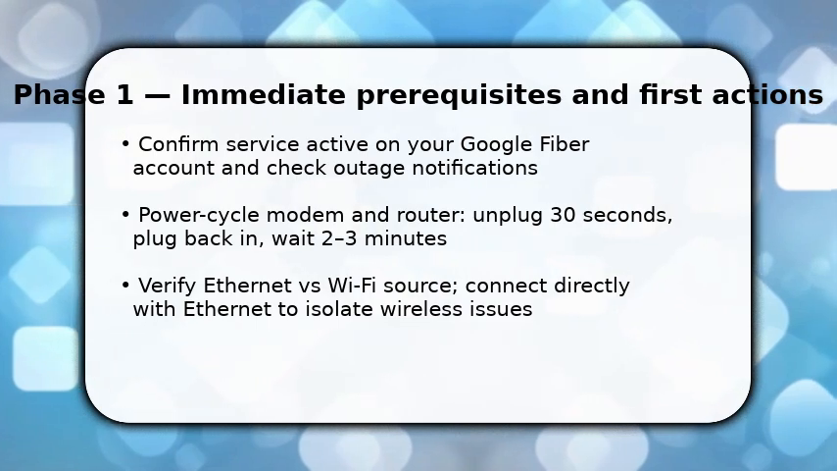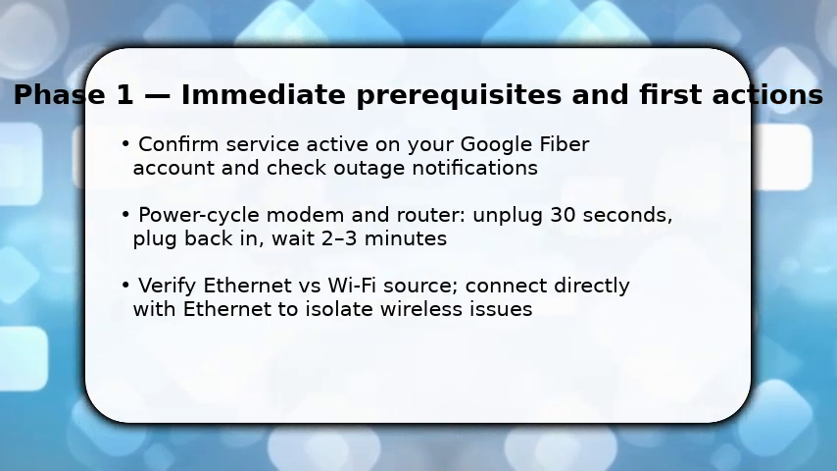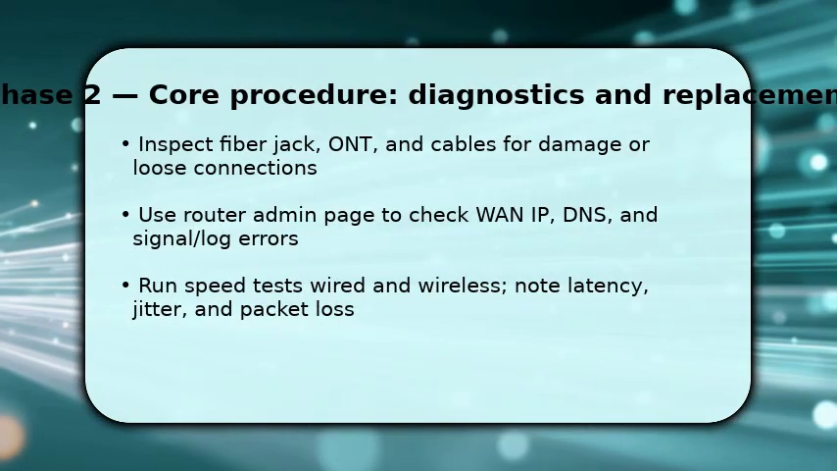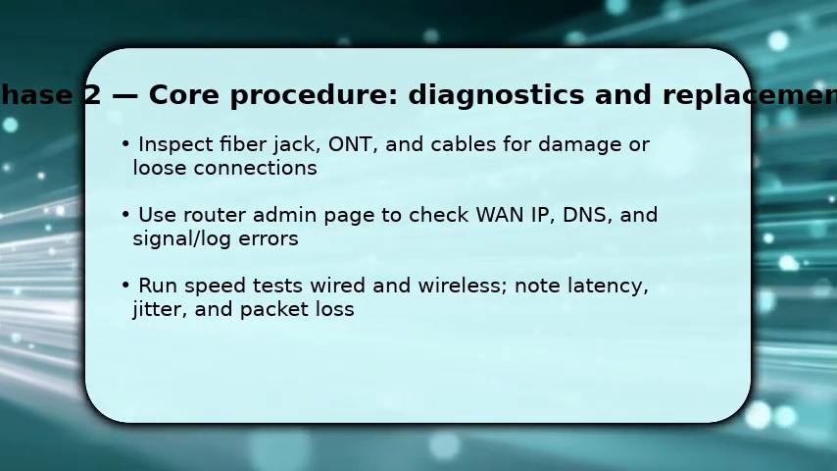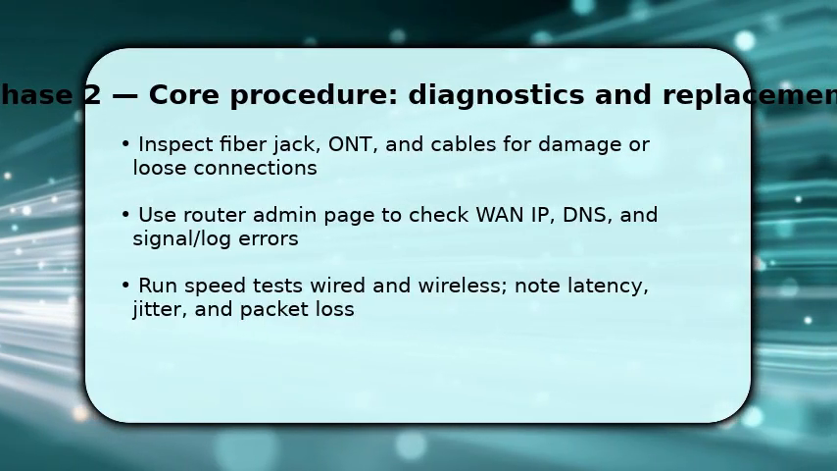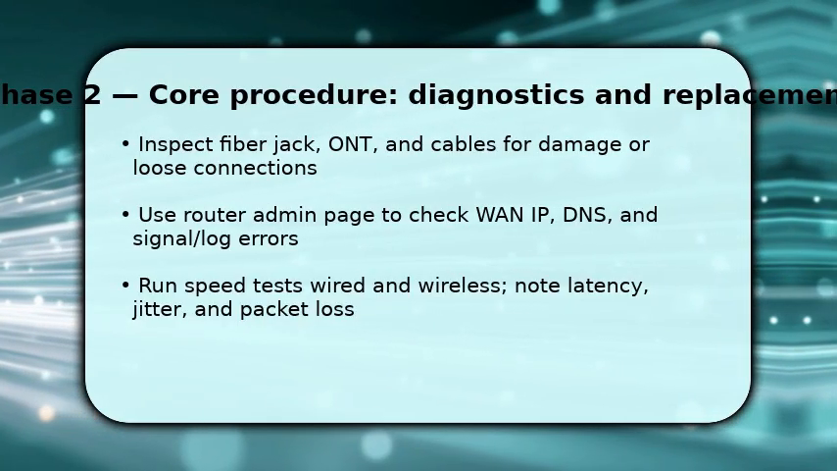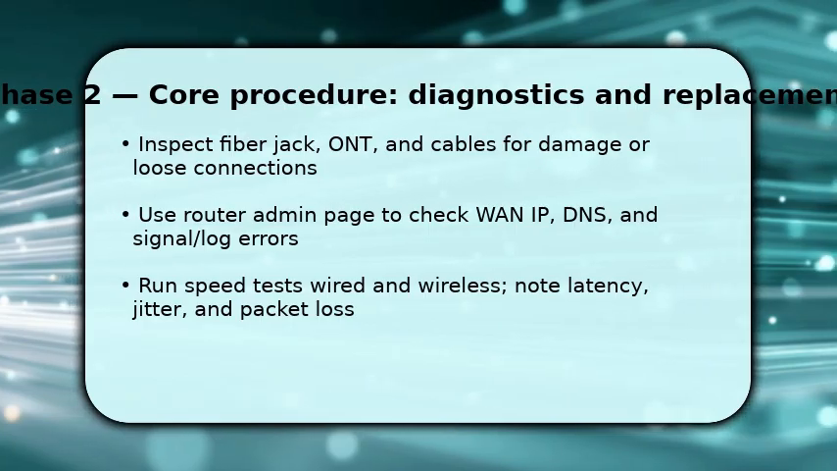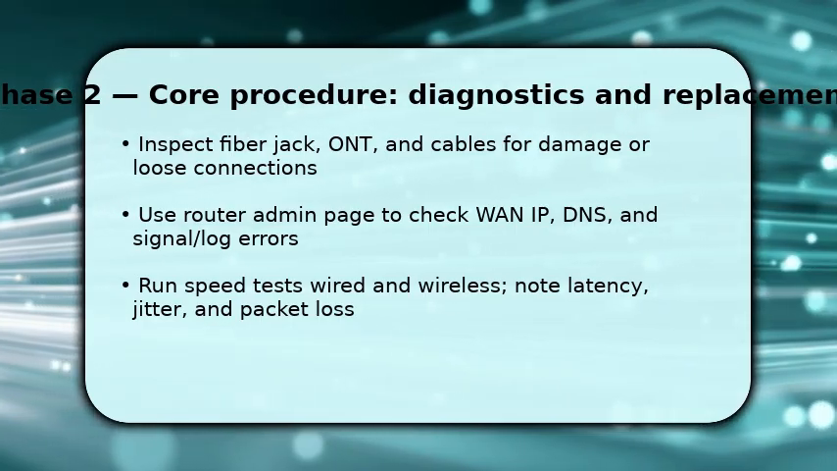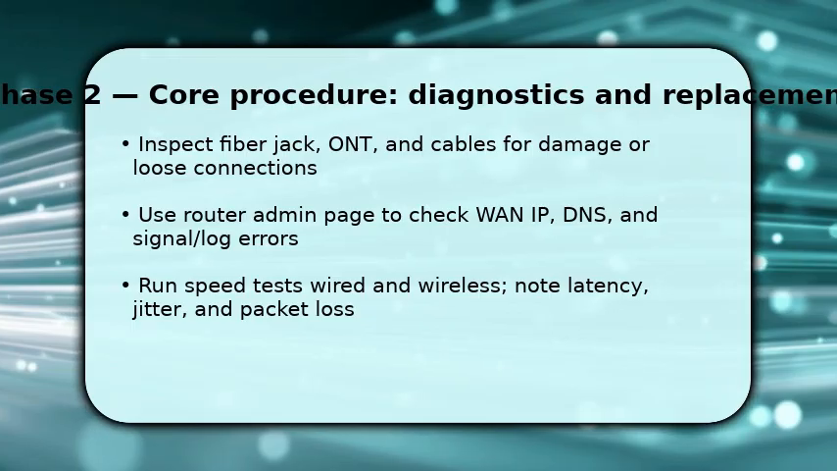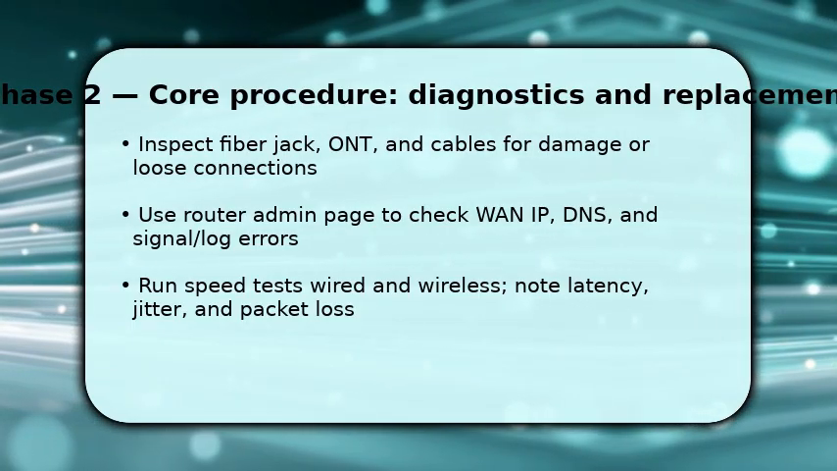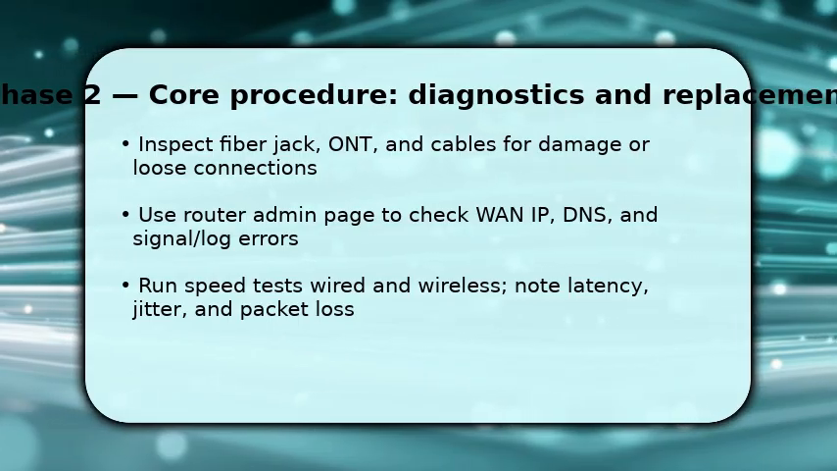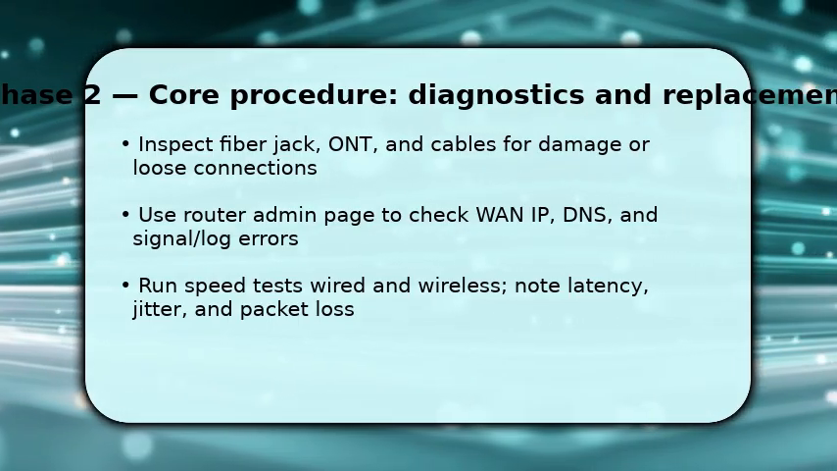Now you dig into hardware and diagnostics to find the root cause. Check the fiber jack and ONT for loose connectors or visible damage, because a bad cable or connector can drop service. Next, log into the router admin page to confirm the WAN IP, DNS settings, and any error logs. This tells you whether the router is getting a clean connection. Finally, run wired and Wi-Fi speed tests and observe latency and packet loss. Differences between wired and wireless point to